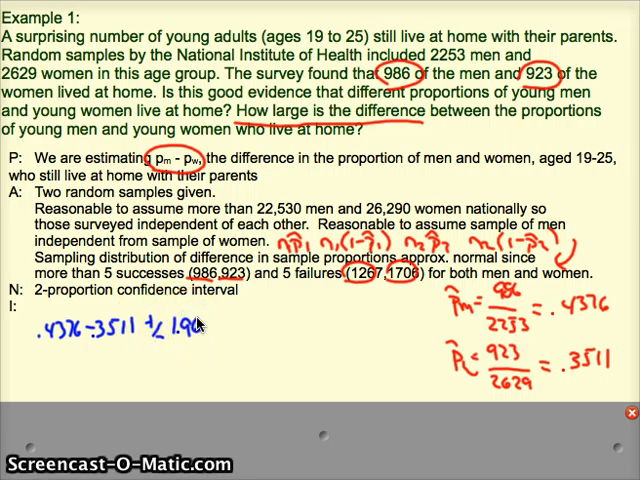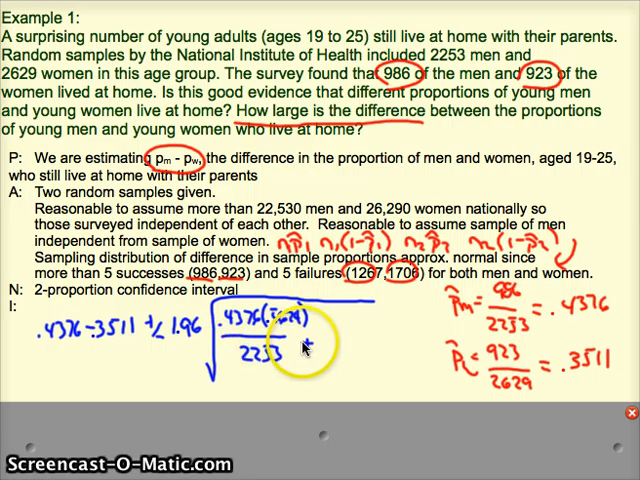It's z, so that's 1.96. And then we need to get this detail right. This is p hat 1, 0.4376 in the standard error calculation, times 0.5624, 1 minus p hat male, divided by the male sample size, 2253, plus p hat female, times 1 minus p hat female, 0.6469, divided by the sample size for females, which was